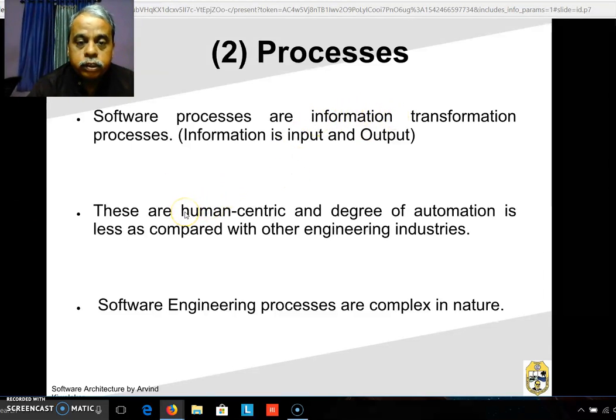All these software processes are human centric. Why is being human centric important here? Because in other engineering disciplines like manufacturing, the degree of automation is very high compared to the degree of automation present in the software engineering field. So that's why all these processes are human centric and human involvement is important. Software engineering processes are complex in nature, meaning that one process consists of many different kinds of sub-processes. For example, requirements engineering is a process in which there are different sub-processes present, like